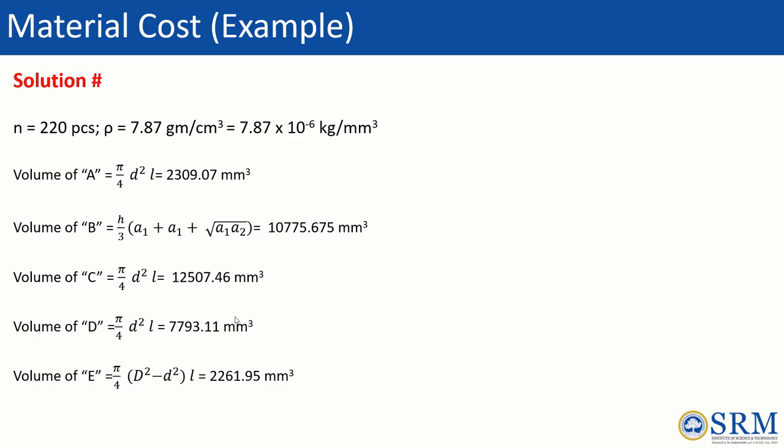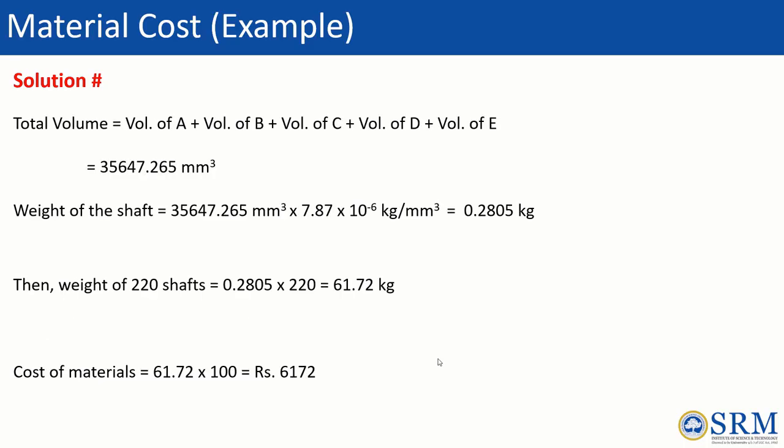Here the section E contains a negative internal bore with a 10 mm diameter, which must be subtracted from the outer 14 mm diameter section. So the formula becomes pi by 4 into D square minus d square into L. Adding the volumes of section A, B, C and D and accounting for the hollow bore in section E gives